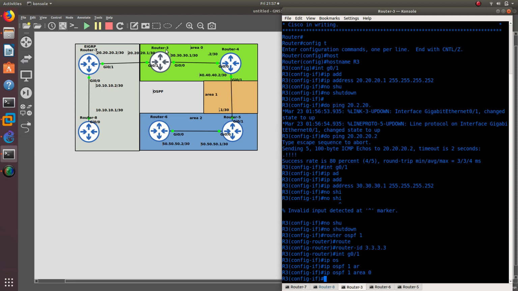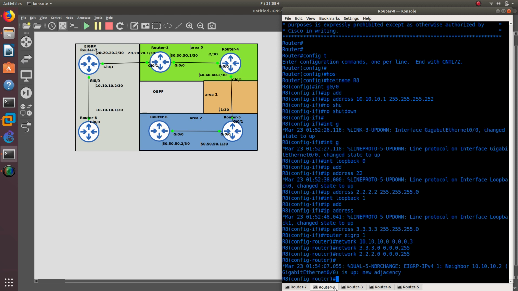The area that I want to add it to is 0. Okay, so now it's going to form a neighbor relationship with router 7, which is running EIGRP and is also running OSPF. So we should be able to form a neighbor relationship in a couple of seconds if I configure it correctly. All right,